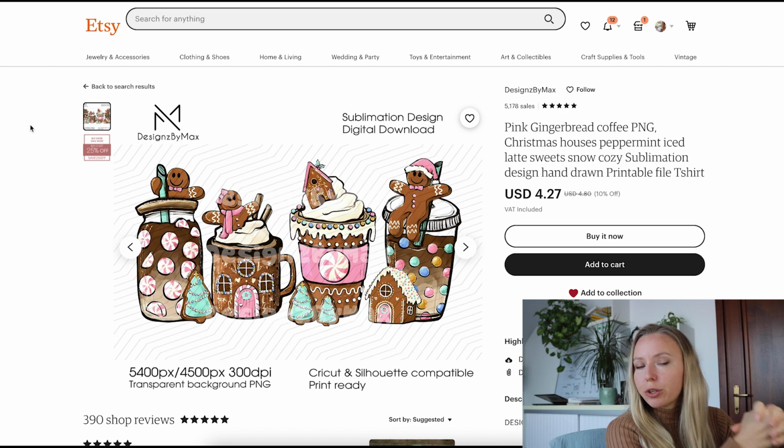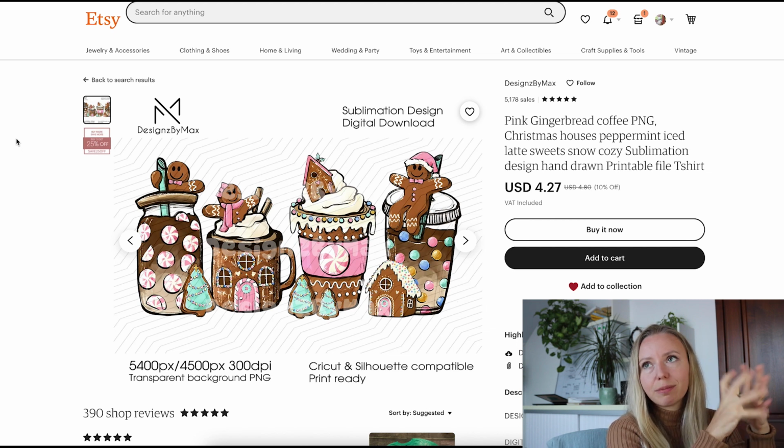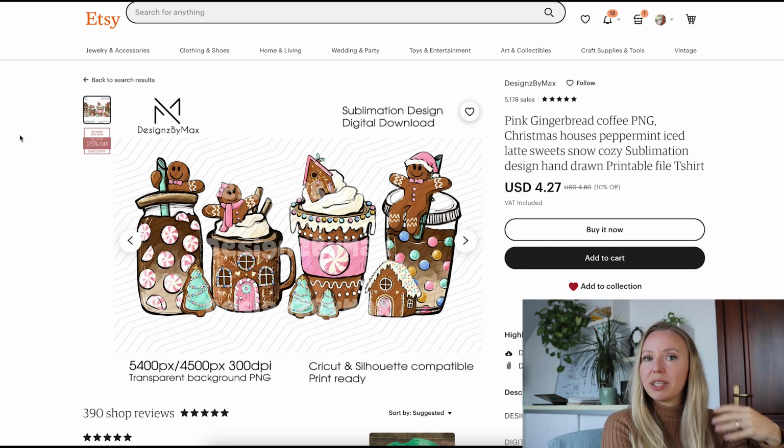Okay, profitable digital product niche idea number 3, hand-painted clipart sets. You heard me rave about hand-painted clipart sets lots of times before because I mention it in like every other video. I do this because this style is close to my heart, and I also like to create hand-painted digital